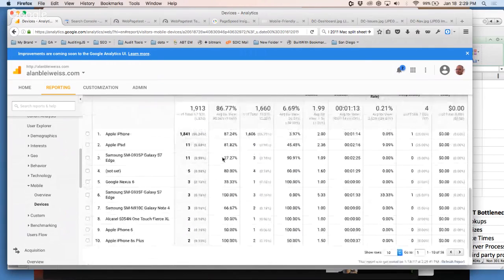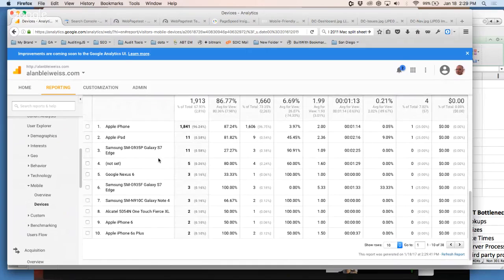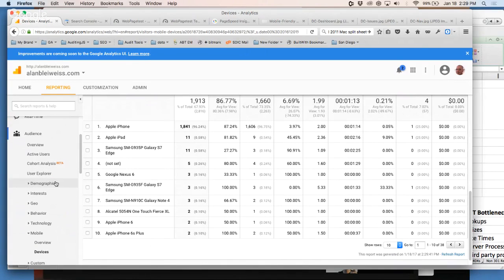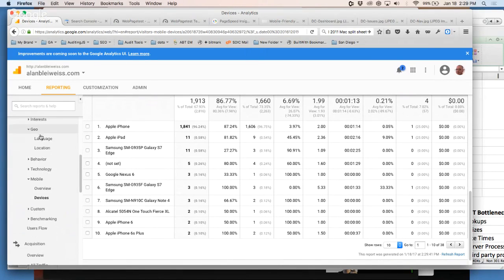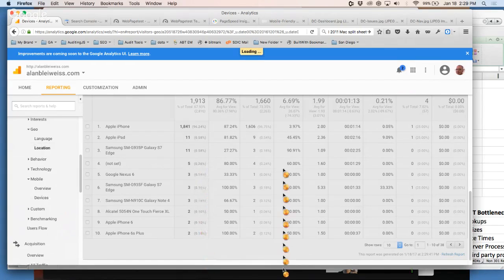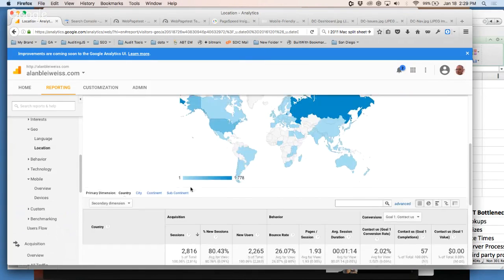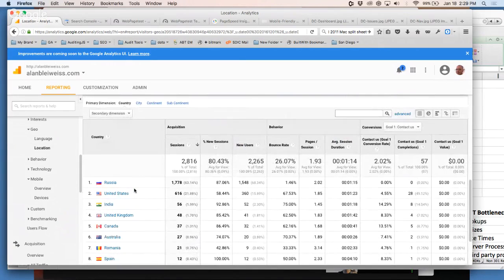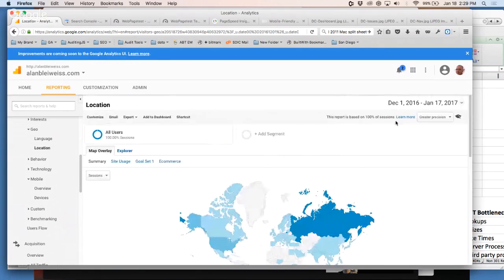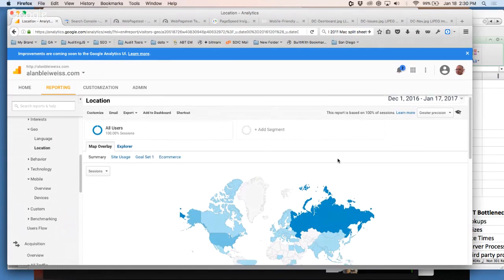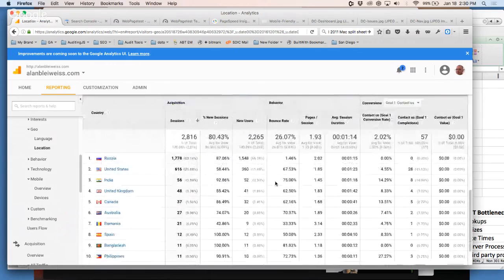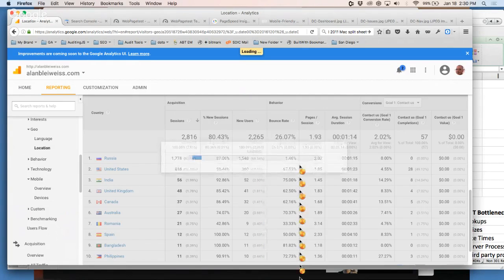the devices that they use, right? And the different types of devices that they use, and the different locations that they're coming from around the world or around the country, right? Oh my God, the majority of my visits over the past 2 years have been from Russia. That's crazy. Well, that's because I did some marketing work with an interview at a conference in Russia, so I happen to have a lot of visits from Russia.